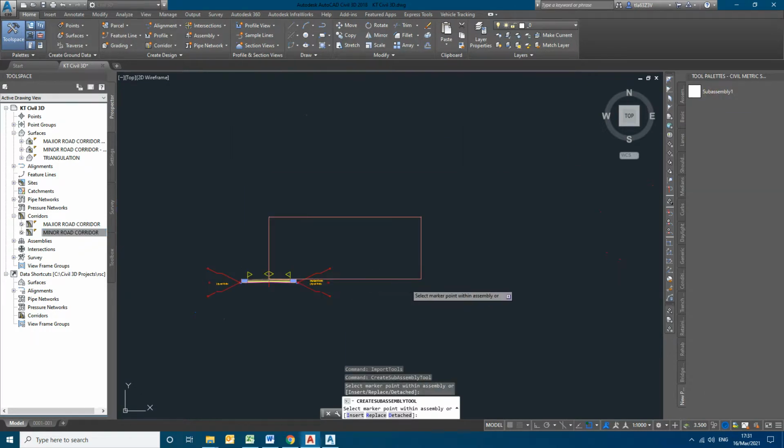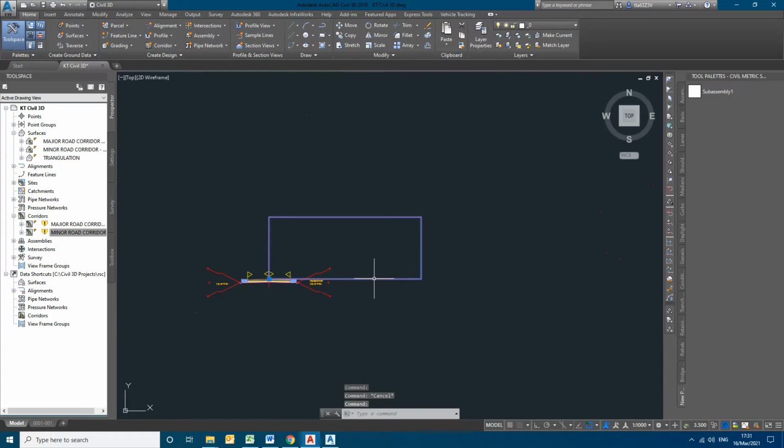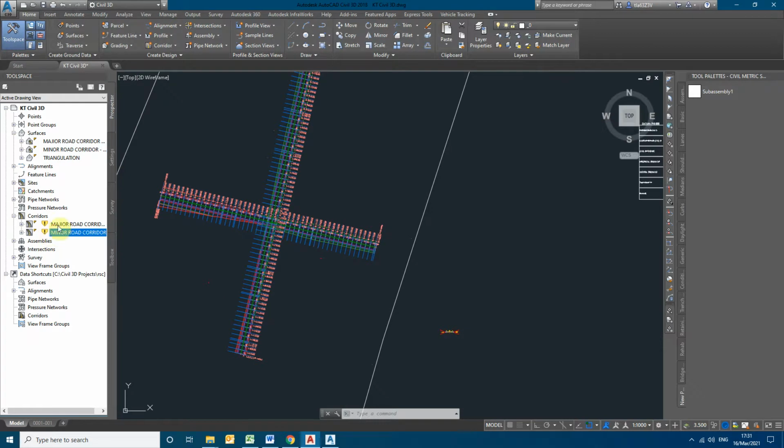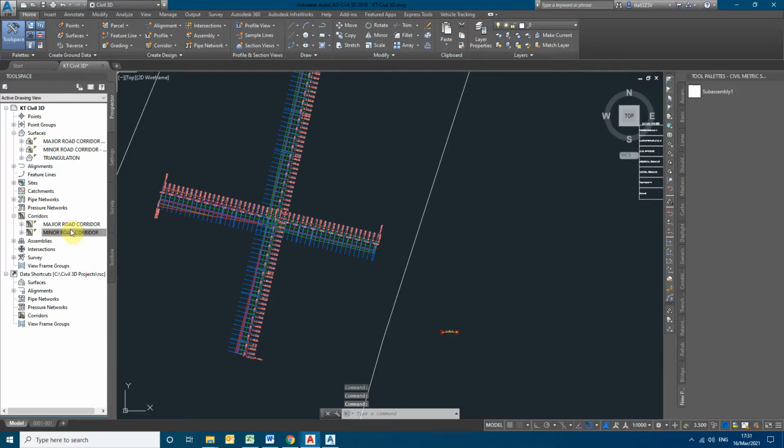You can see the box we had created has been linked. So this is a subassembly component. In a similar way, we can create any shapes or files, whatever we want, and apply them. Whenever you make changes in the subassembly or any other components, the corridor should be rebuilt; for that, enable rebuild automatic. When your data is huge, please don't make this automatic.